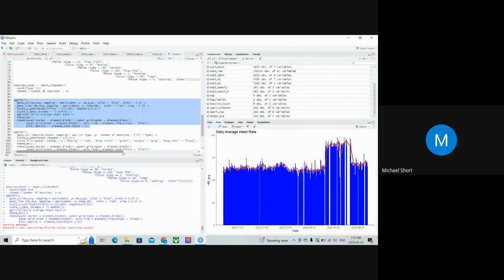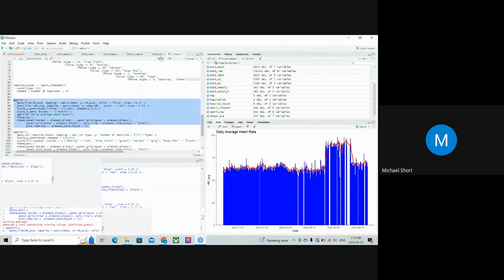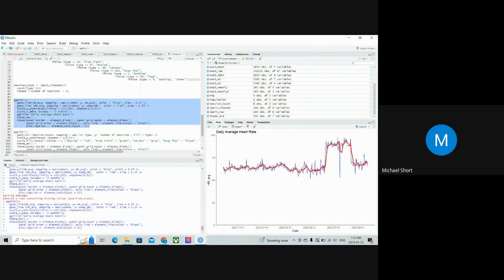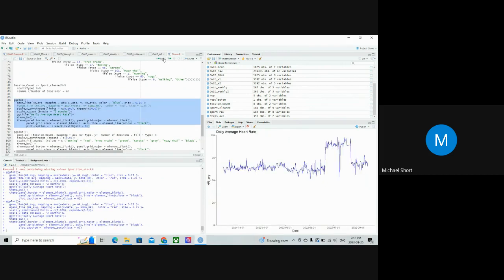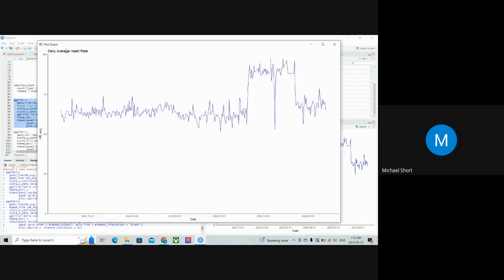Okay. So let me change this from column to a line. And then I'm going to rerun it. Change this to size. I'll show you how hectic it can get. Okay, so let me actually take out this. Okay, so you can see that if I just look at this,